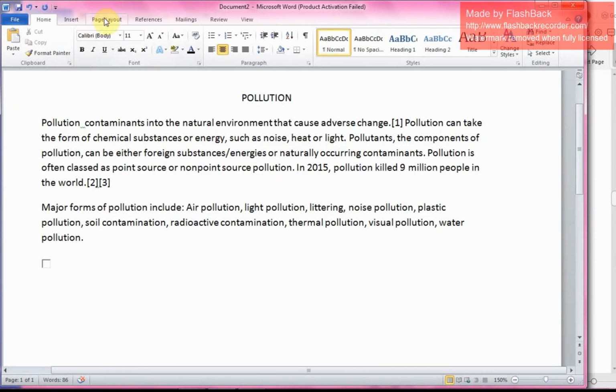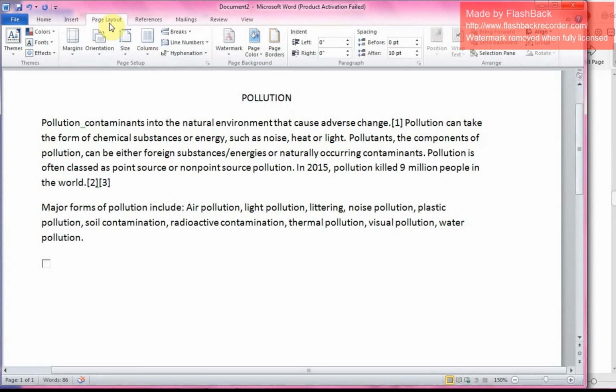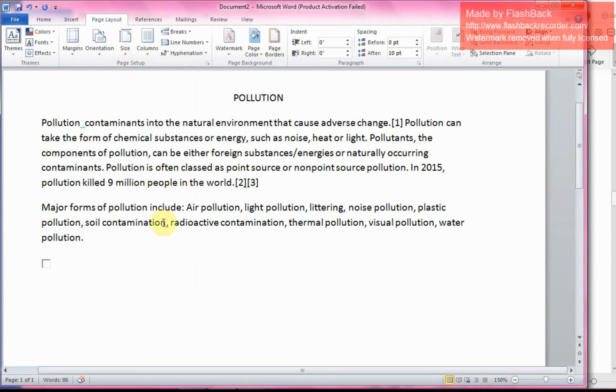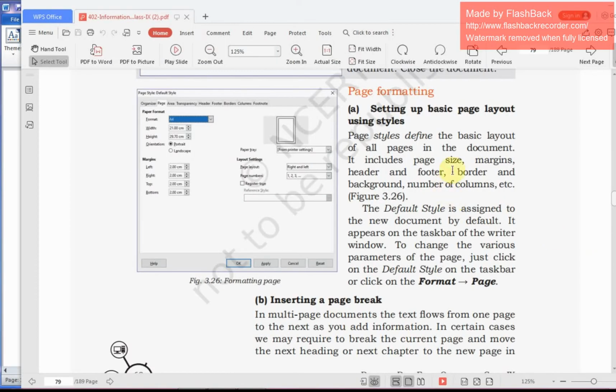Click on the page layout tab and you can see the page size here. After clicking page size, you get several options, like Legal. Generally we use A4 size. So we click the A4 size and my page will be set to A4. When we print our document, the text will be printed on A4 size paper.